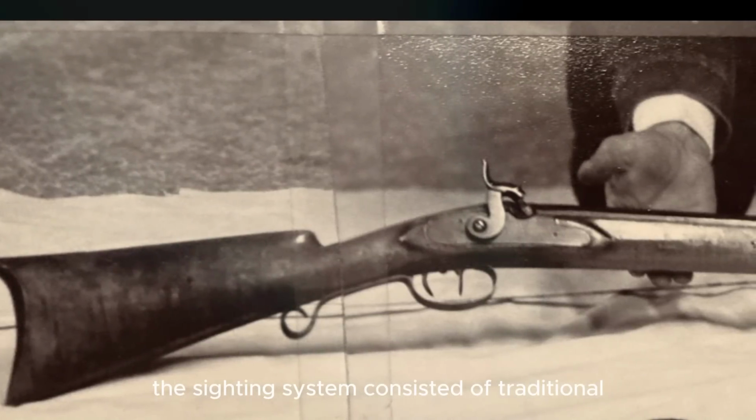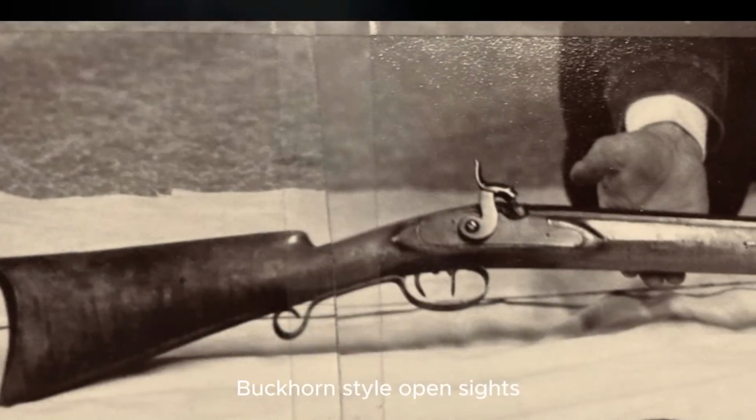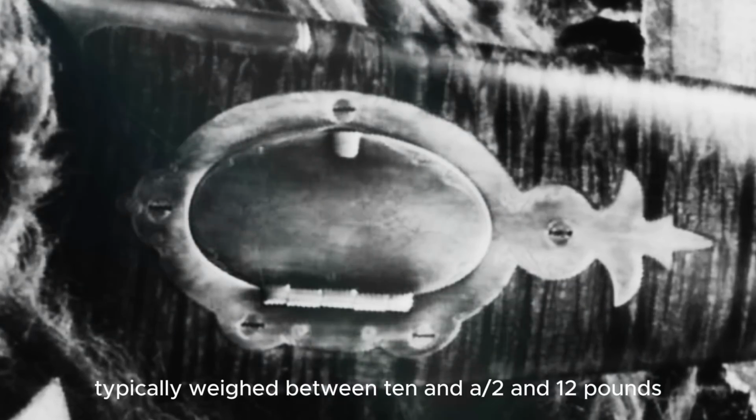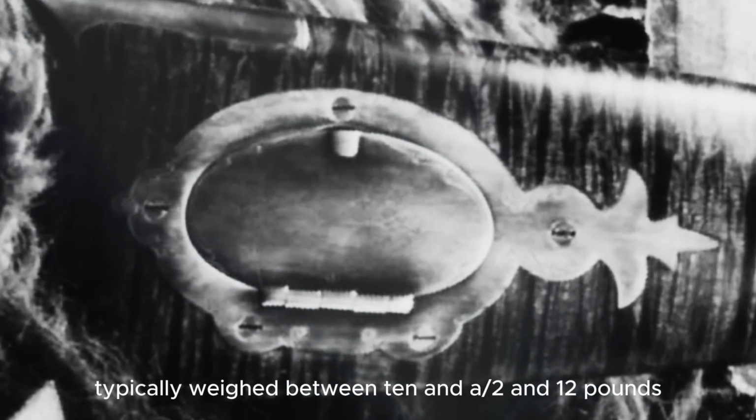The sighting system consisted of traditional buckhorn-style open sights. Some specimens bear maker's marks reading J and S Hawken or S. Hawken St. Louis on the barrel or lock plate, though not all carried these markings. These substantial firearms typically weighed between 10.5 and 12 pounds,